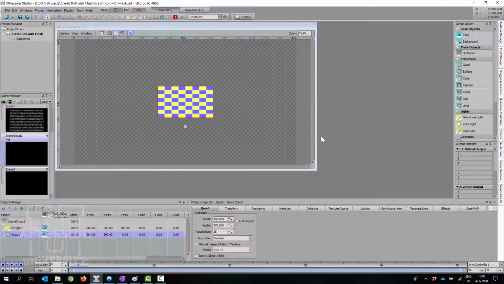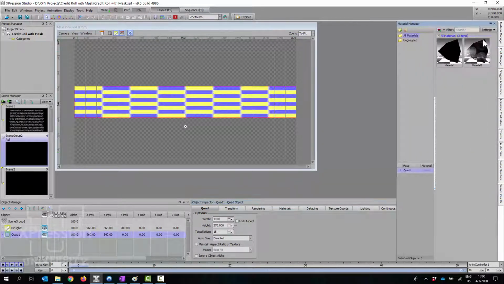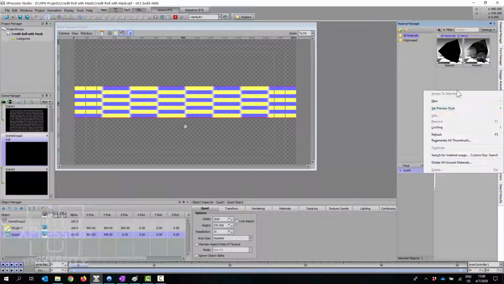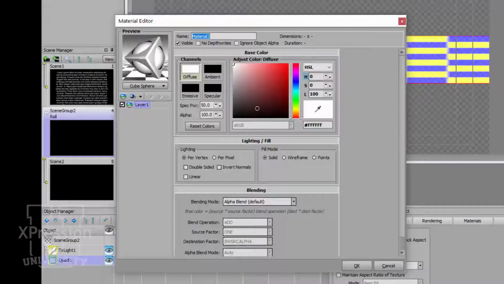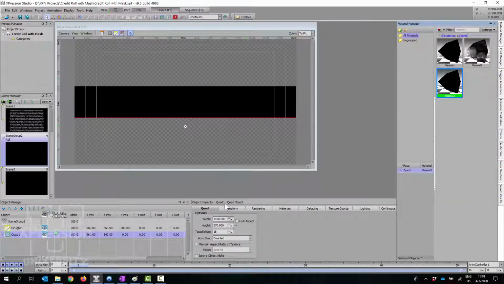And now I'm going to add a quad. So I added a quad for my primitives. I'm going to make it the full width of the screen, and I'm going to add a mask. I've already made the masks, but just in case you don't know how to make a mask, I'll show you. So new material. You're going to want to change the blending mode to alpha mask, and then if you apply that, you've got yourself